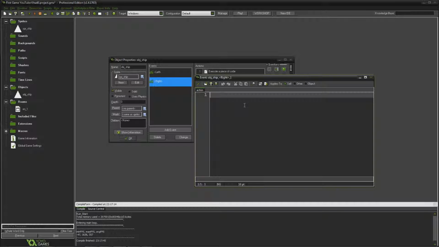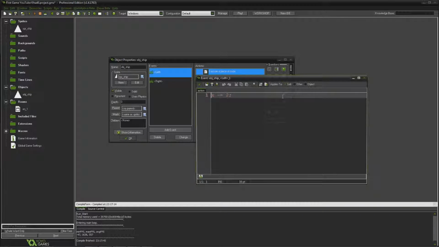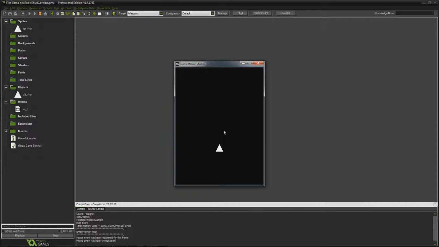We can write a comment, move to the right. It's not going to affect our game, it's just going to help ourselves to remember what we wanted to do. Move to the left. Now when we run our game, we will see what will happen. Now we are back to our room, and when I hold the left arrow key on my keyboard, I move to the left, and when I press the right one, I move to the right. However, at the moment we can go behind the borders of our room,